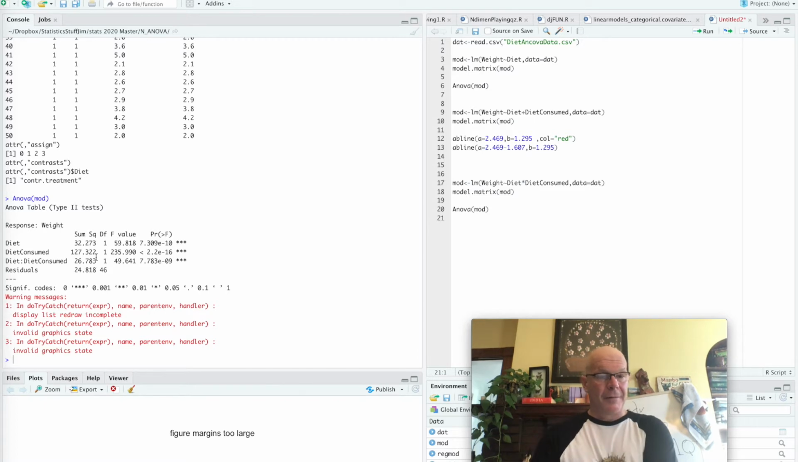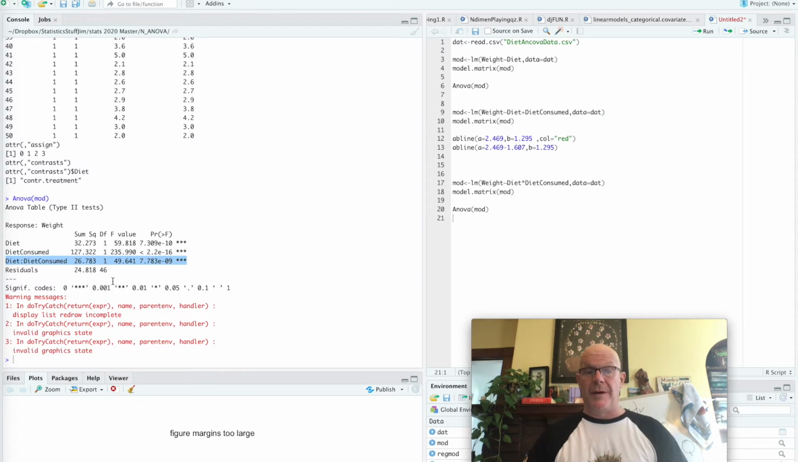And what do we have here? Well, the first thing that we want to look at when we have a model with an interaction term is how do we feel about that interaction term? And what we have here is a significant interaction term. So as soon as we have a significant interaction term, it's telling us two things. In principle, it's telling us that the slopes of those two lines, the effect of diet consumed on weight, that slope is different between the two different diets that we might be feeding on. The other